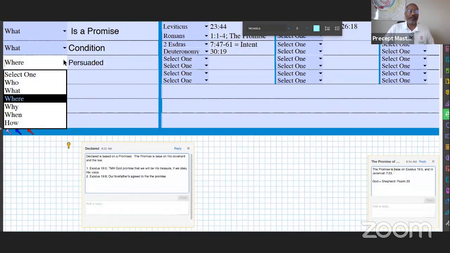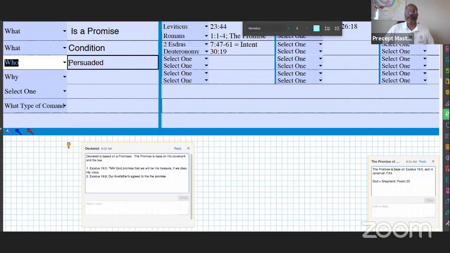So what should be there? Who should be persuaded? Who shall be persuaded? We have to understand who is being persuaded here, and we got to understand what was going on. So we need to understand a few things if they're going to be persuaded to where they can come back to the covenant, because there are many people who are truly, truly lost.